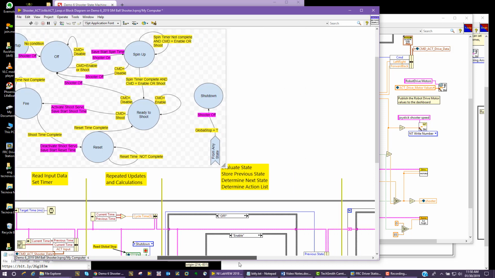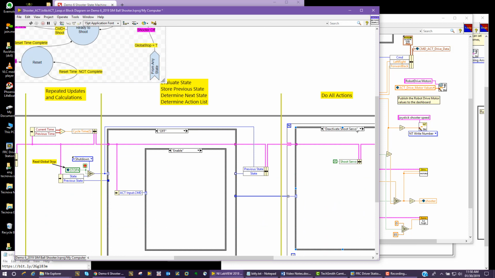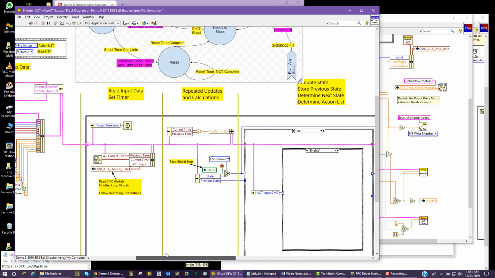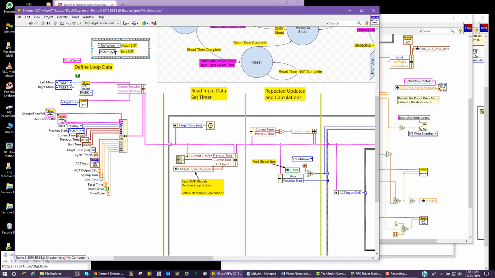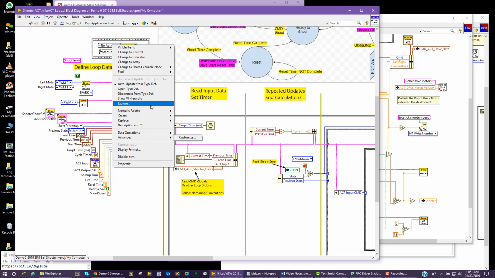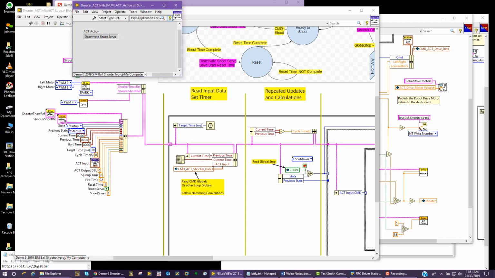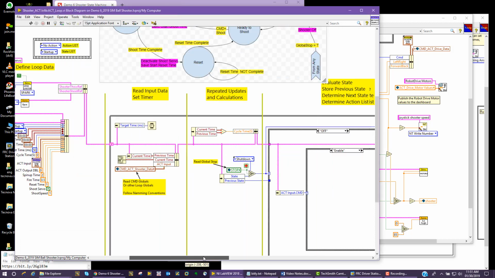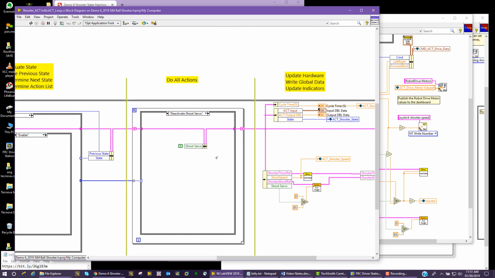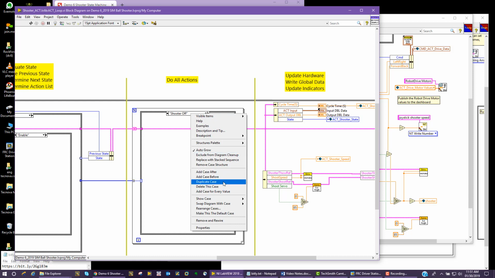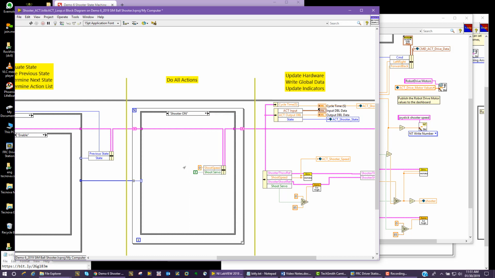Alright, now did I have an action for that? I forgot to add shooter on, so let's go back to my actions and add shooter on. Now I need to go add that case to my actions. There's shooter off. Let's just copy that code, duplicate case, shooter on,